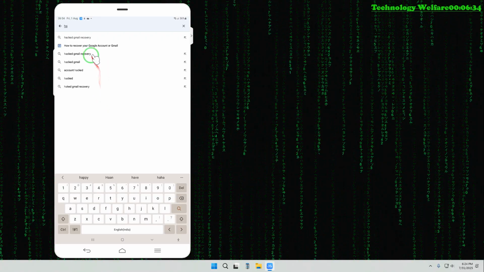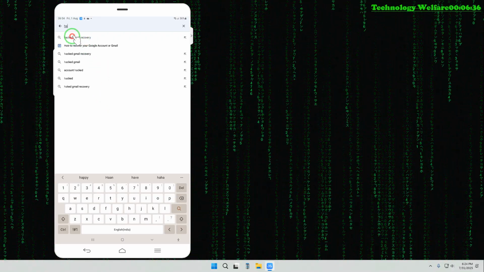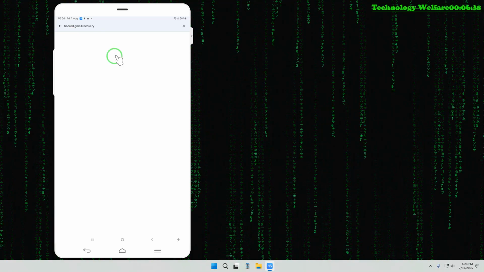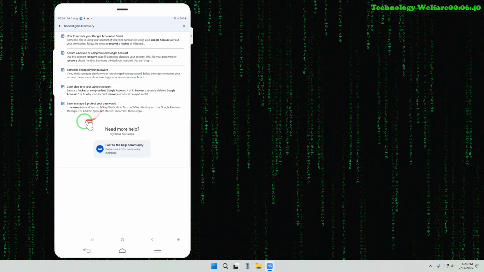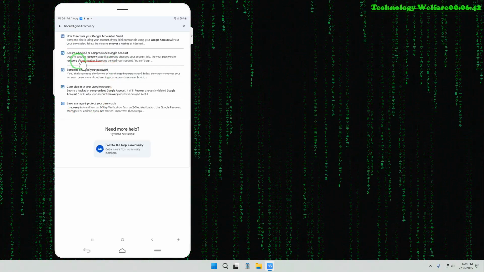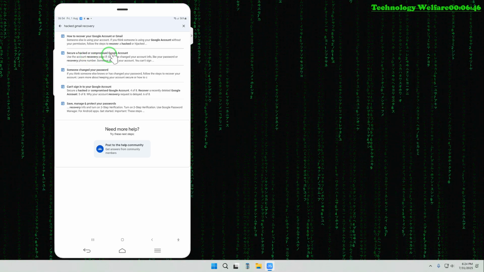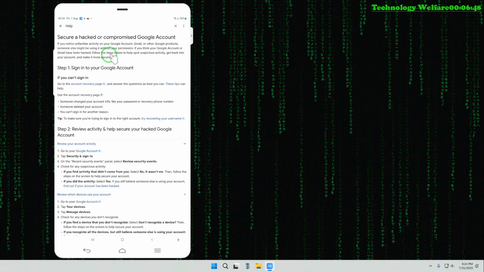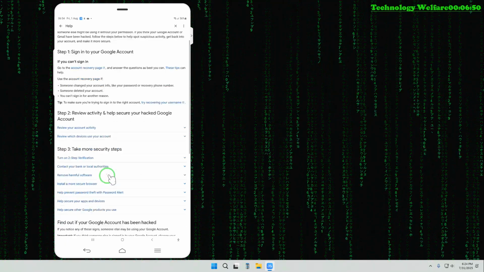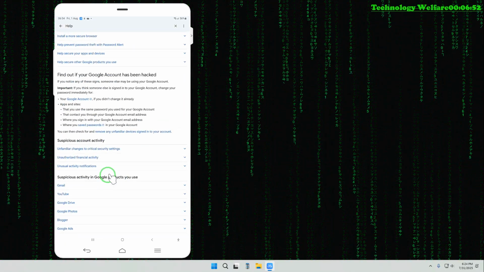So when we click on hacked, then the Gmail recovery, of course, hacked Gmail recovery option will open, and here easily we can see secure hacked and compromised Gmail accounts. We will have to tap on it. So when we tap on it, then this page will open, guys. Here we will have to come and